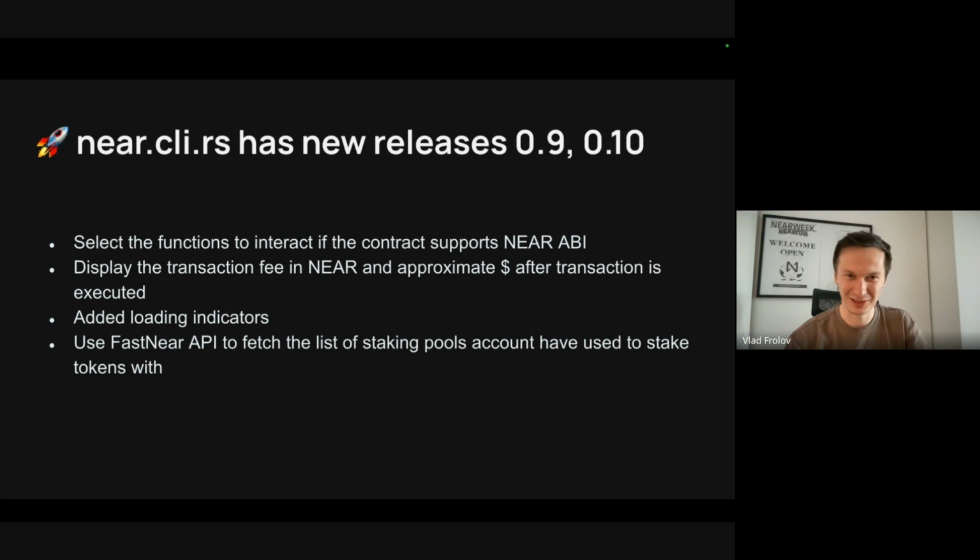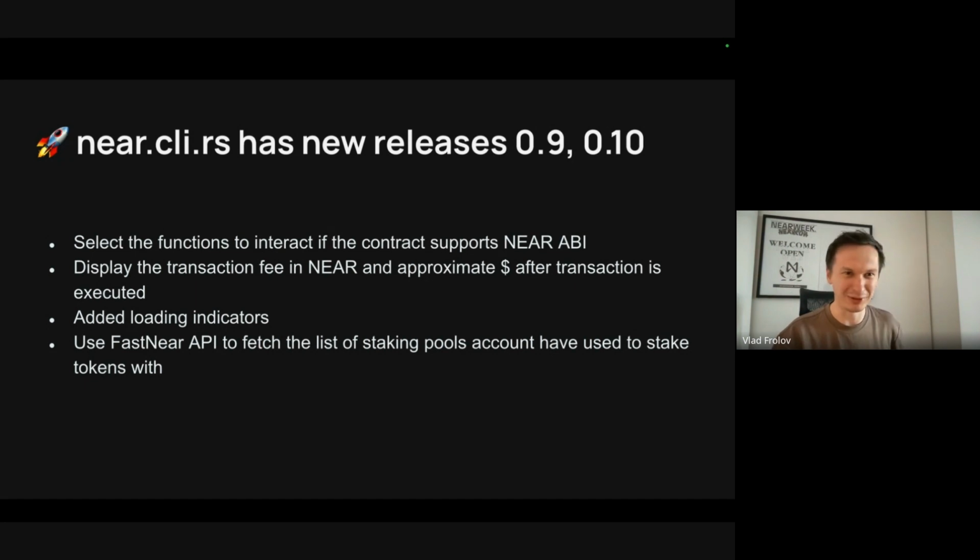From the get-go, I want to mention that we have a lot of nice features. When you interact with smart contracts that support Near ABI, near.cli.rs will now helpfully suggest the function names that you can interact with, which is awesome.